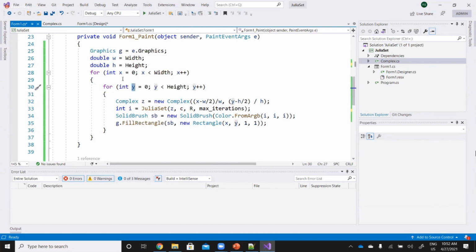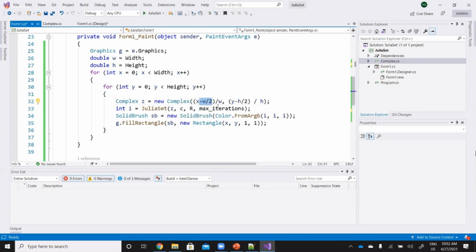These are the coordinates, right? And then I create my complex number.